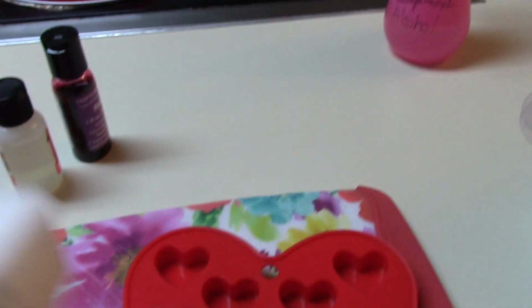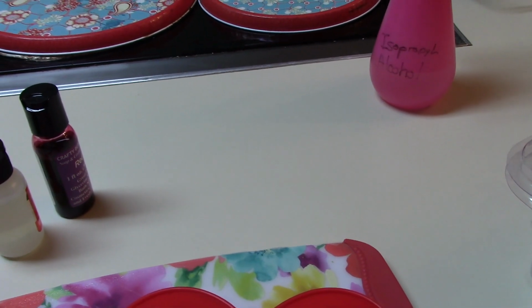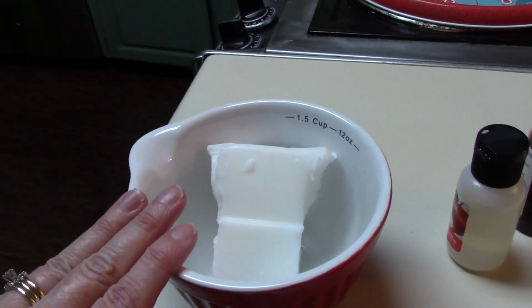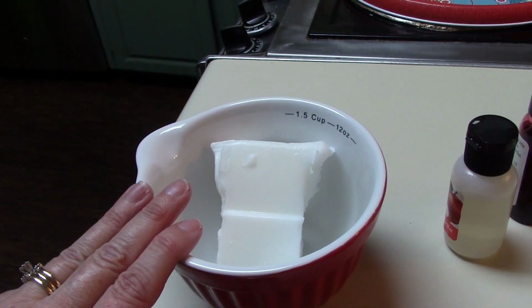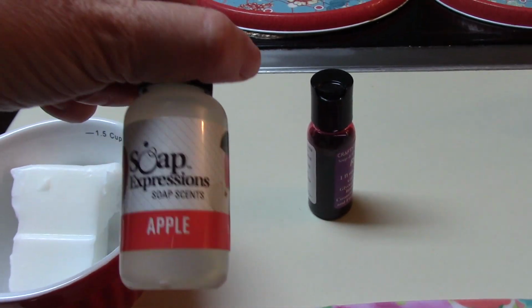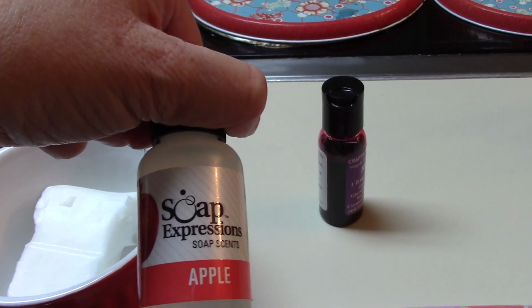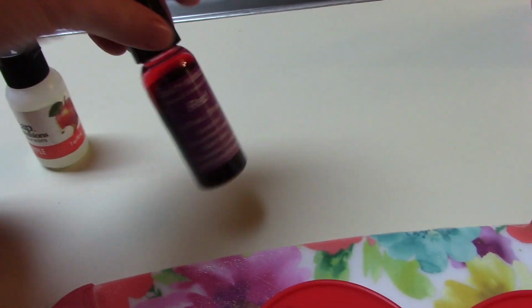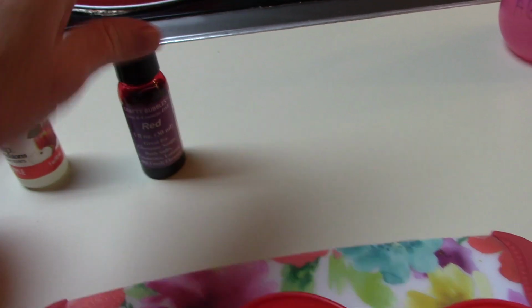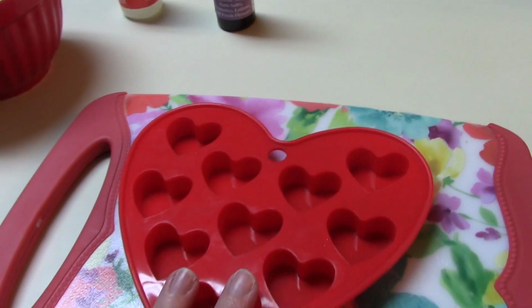What I did was I cut off, there's probably about 2 of the little square pieces there. I'm going to put them here in my bowl, and I'm going to put this in the microwave in 30-second intervals. Once I get that all melted, I'm going to add some soap fragrance here in apple, and then I'm going to use some of this red dye to go in it. Now what we're going to do is pour it in this little mold here